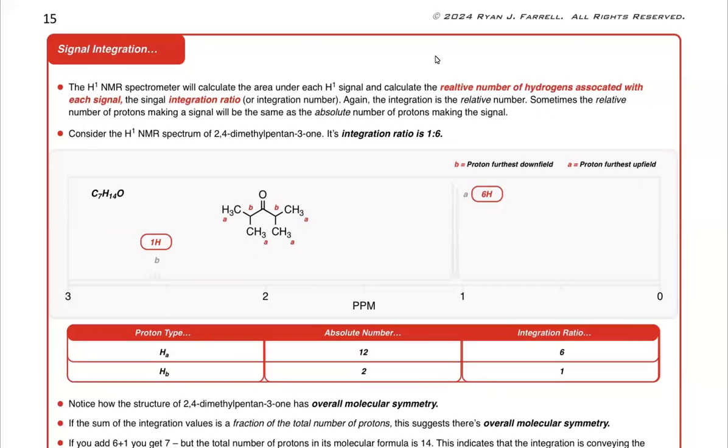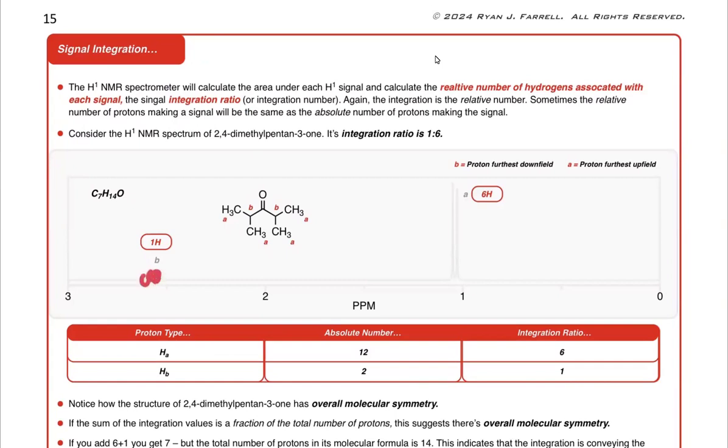All right, everyone. In this video, we're going to discuss signal integration, sometimes described as the integration ratio. I want to clarify that this is different from the Pascal's triangle ratio. The Pascal's triangle ratio was related to splitting. Now, the H1 NMR spectrometer will actually calculate the integration ratio, and what it does is it actually takes the